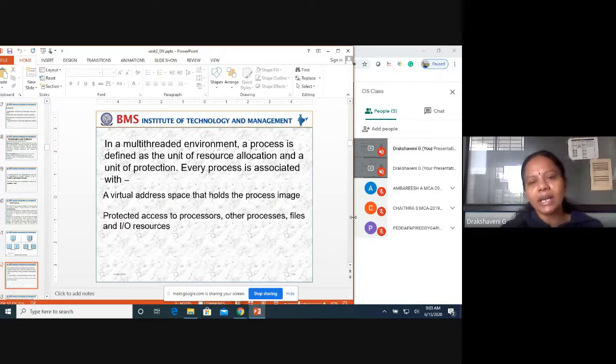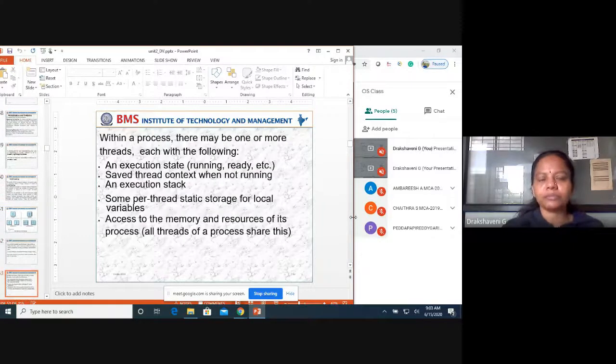In a multi-threaded environment, a process is defined as the unit of resource allocation and a unit of protection. Every process is associated with a virtual address space that holds the process image, and protected access to the processor, other processes, files, and input-output resources.